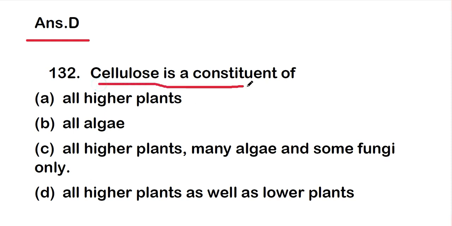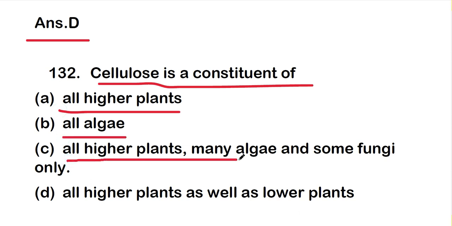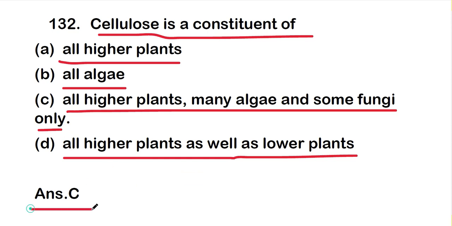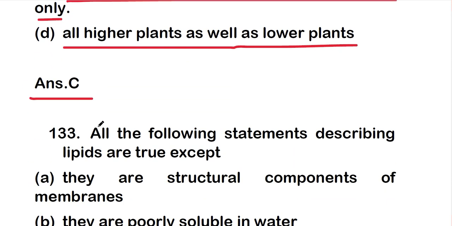Cellulose is a constituent of: option A, all higher plants; option B, all algae; option C, all higher plants, many algae and some fungi only; or option D, all higher plants as well as lower plants. So the main constituent of cellulose is option C, that is, all higher plants, many algae and some fungi. So next question is,